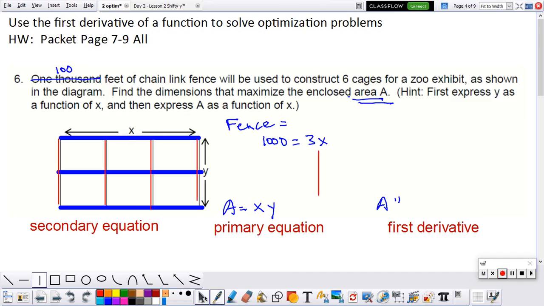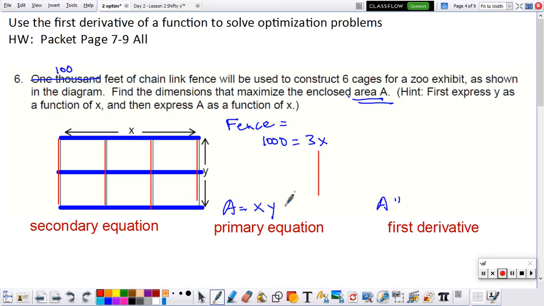So it's going to be 3x plus 4y. So now, if we solve this for y, we've got 1,000 minus 3x equals 4y,